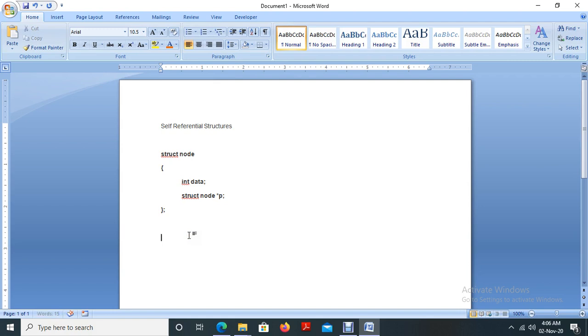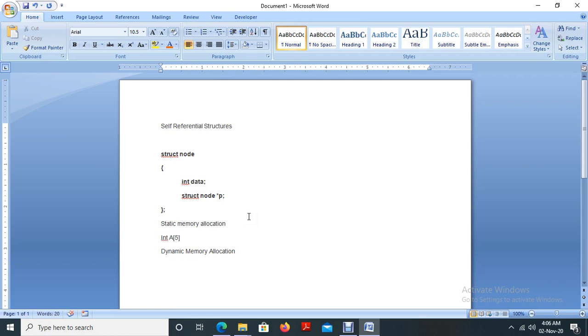Next, an important concept that we are going to study here is dynamic memory allocation. So what is dynamic memory allocation? We are already familiar with static memory allocation. What is an example of static memory allocation? int A of 5.